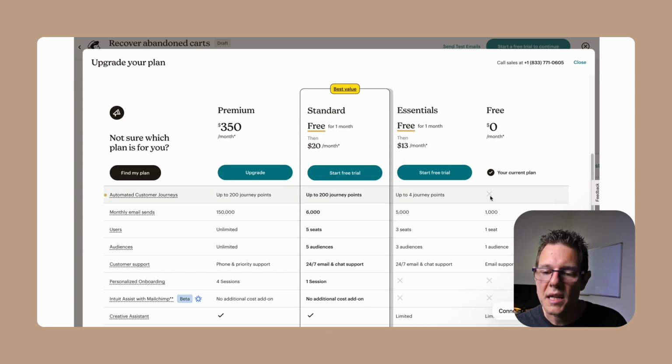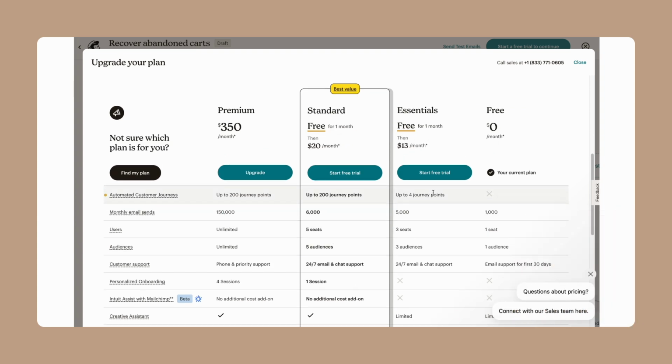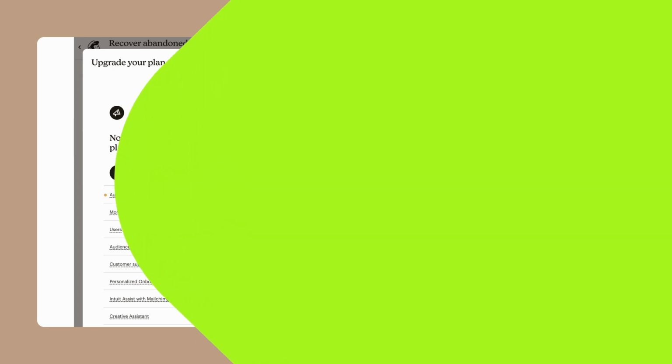Automation customer journeys, I cannot. Free essentials for 1 month, then $13 a month. So it looks like I can create the journeys. I just cannot send the journeys on the free plan. So, overall, the templates, I can get close to creating the same workflows on both. Not quite. Omnisend's a lot more flexible, but I need to pay to send with Mailchimp, which isn't always